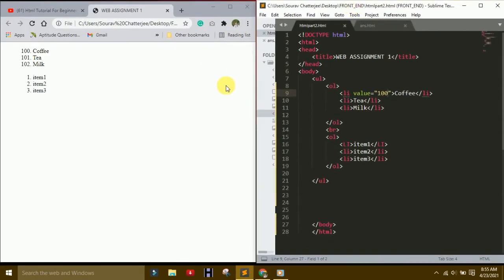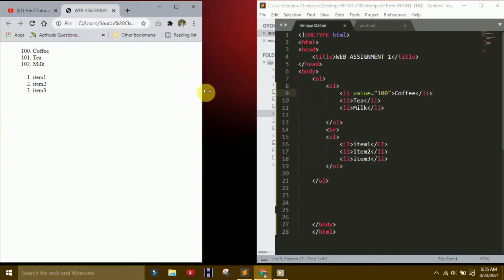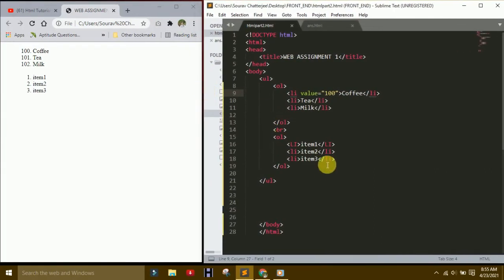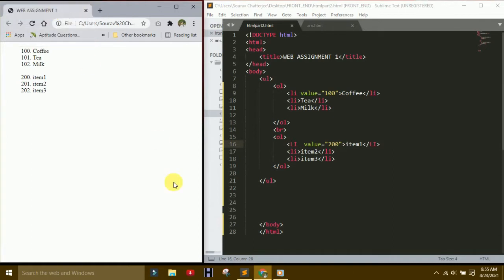You can also change it here: value equal to 200. Just refresh it, and you can change 201, 202, 203, like that. So that is the list format of HTML.